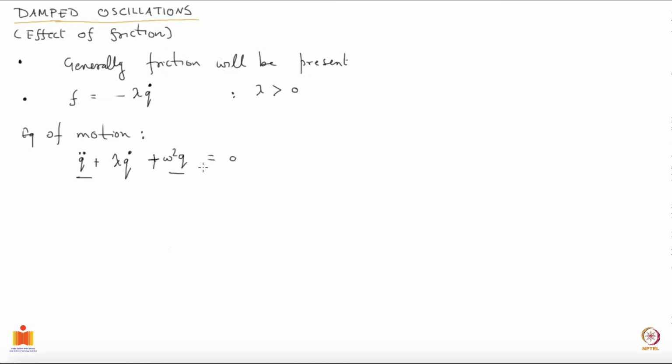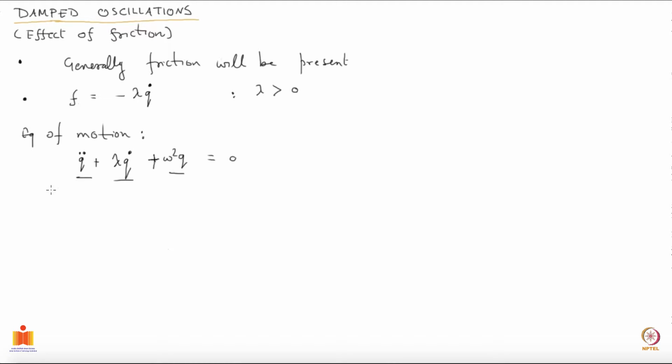And we want to know now what happens if such a frictional force is also present. That's what we want to talk about today. As last time, we are looking at a one-dimensional system, so q is characterizing that one dimension, and later we'll take up a multi-dimensional system and use these results to say something there.